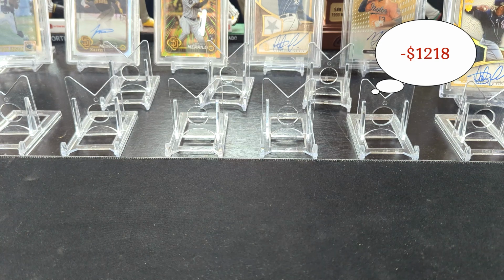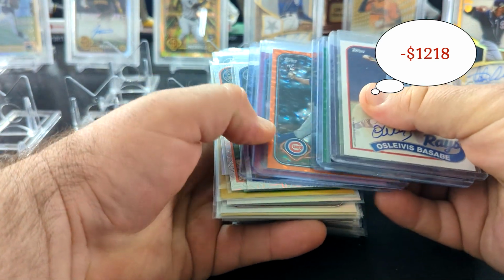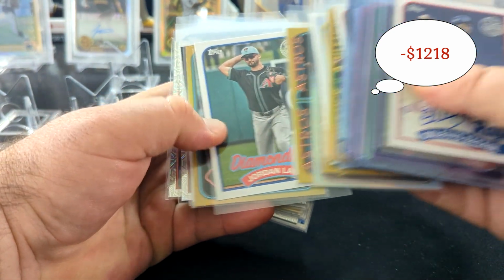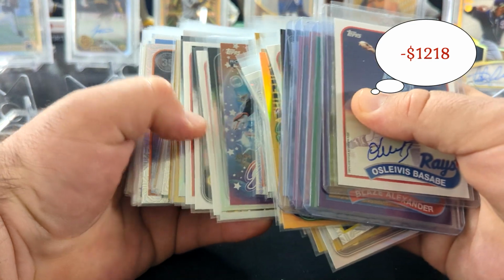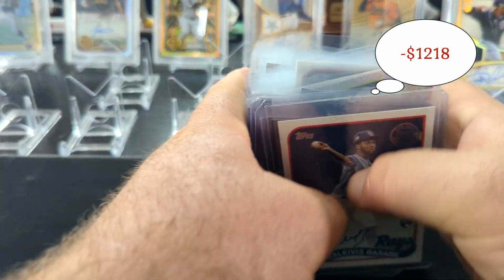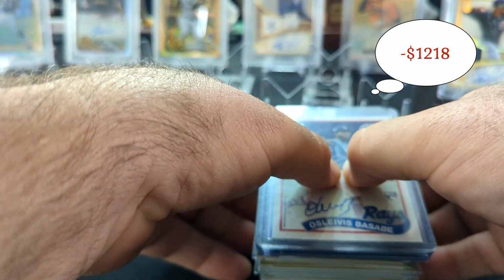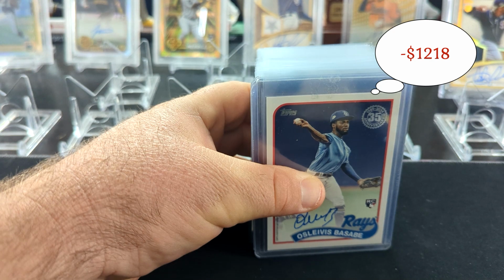Next up, we have a big pile of non-base, non-big name rookies. So these are the Jordan Leisures and Nick Loftons and that type of players. But there was a good amount of golds. There's some mysticals, there's some silver pack, all that good stuff. All in here, you've probably got about 75 to 100 cards. So let's just call it 80 cards, and maybe on average about $2